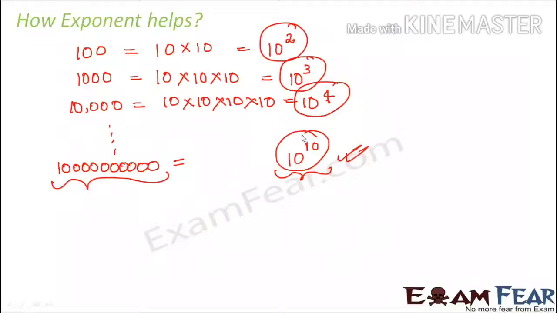Especially when we deal with very big numbers or very small numbers. This type of representation is called the exponential form of representation. When you write any number to the power of some other number, that representation is exponential form. And how do we read this? We read this as 10 to the power 2, 10 to the power 3, 10 to the power 10, and so on.